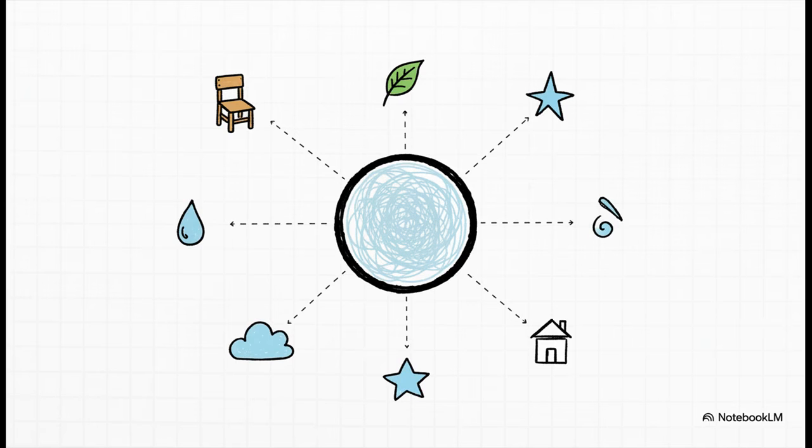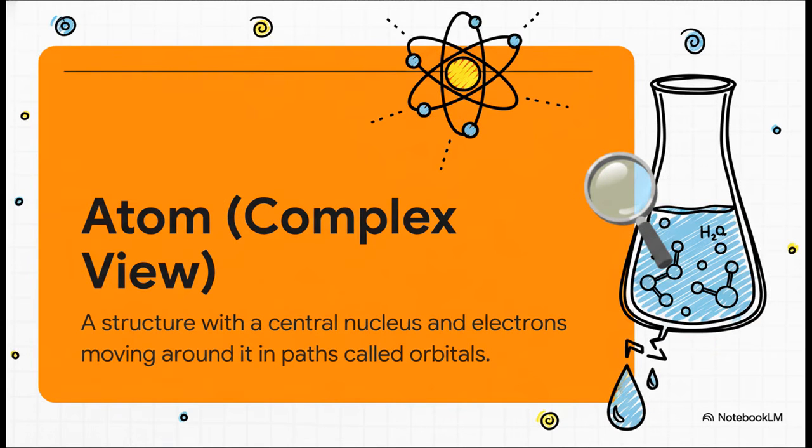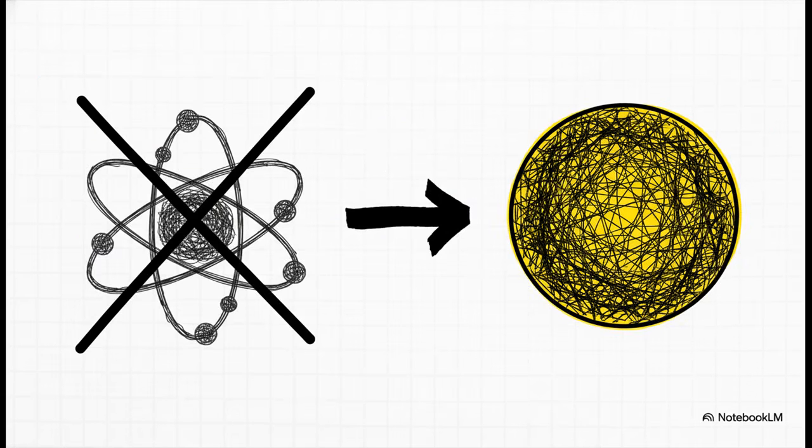Everything starts right here. Now, when you think atom, you've probably seen this kind of picture before, right? A little nucleus in the middle with electrons buzzing all around it. And yeah, that's totally accurate. It's this incredibly complex, beautiful little system. But to really get how these things build the world, it actually helps to simplify this picture, just for a minute. So let's just strip away all that internal complexity for a moment. For our purposes, let's just imagine an atom is a simple sphere, kind of like a tiny little ball. We're not ignoring the details, we're just zeroing in on the most important thing for our story, its ability to connect with other little spheres.